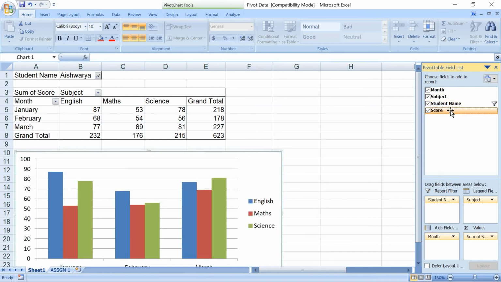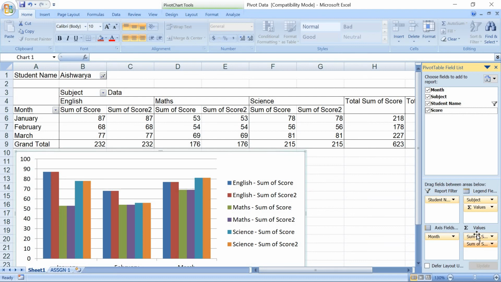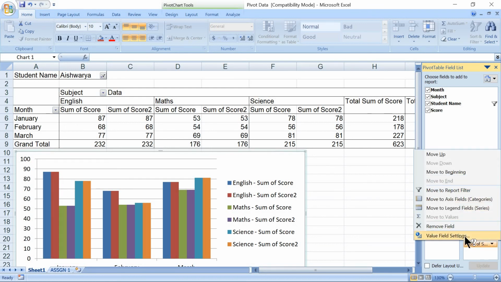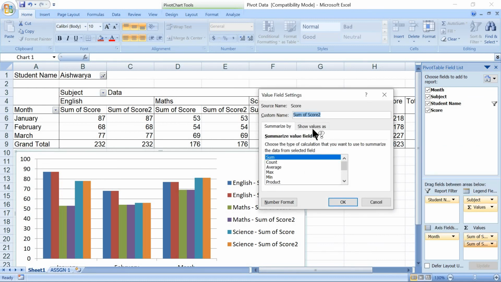Here where score is available, just click on this one, right click, then select Add to Values area. Right now there are two available, correct? Two are available. Then let's take one for sum, and for the other one let's take the average.